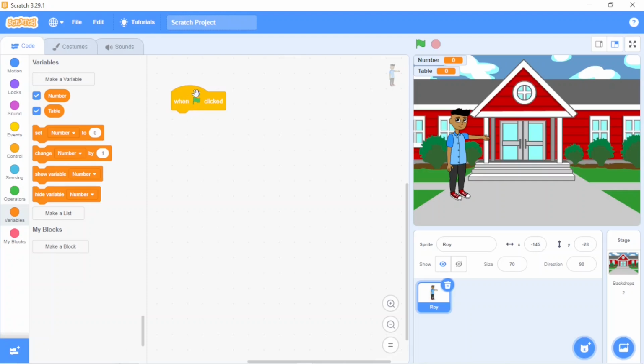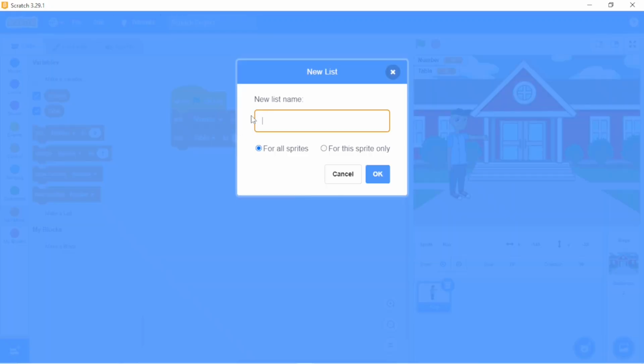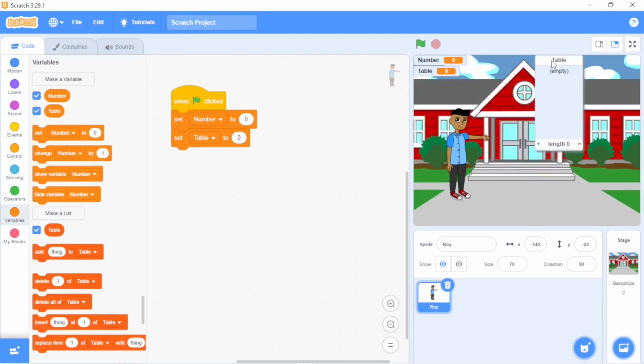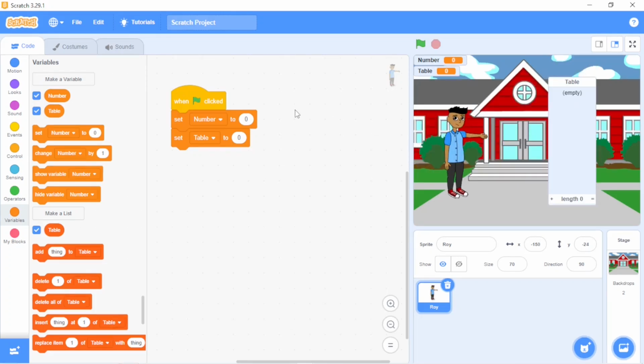After when flag clicked, first we will set number and set table to 0, 0. And now we have to make a list called table. Table, enter. Okay, here it is. I will make this a little bigger. Perfect.